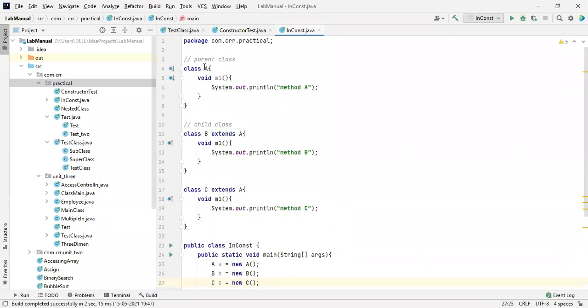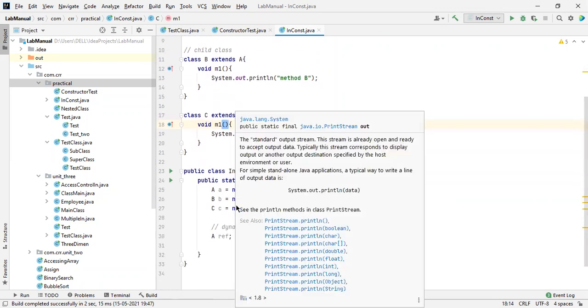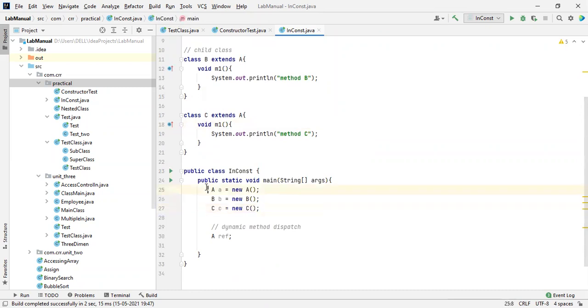Here, this is class A, this is class B, and this is class C. Class A consists of a method M1, class B consists of a method M1, and class C consists of a method M1, which gives us the overriding concept. Class B extends the properties of class A, so these two methods are overridden. Class C extends the properties of class A, so these two methods are overridden. And now I created three objects: one for the main superclass, and the other two for the subclasses.